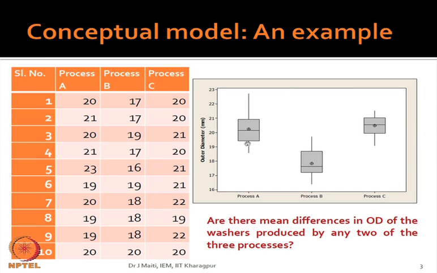This box is determined by interquartile range IQR, and the horizontal middle line here, this is the median position from the data, and the circle plus 1, that is the mean position. Okay. So, if we see the three boxes here for process B and process A as well as process C,